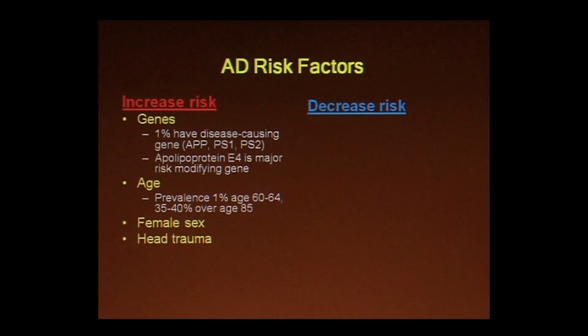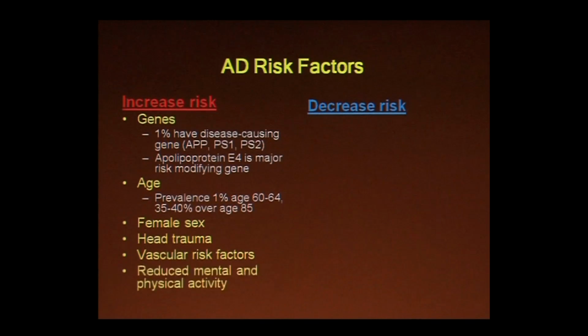Head trauma, especially repetitive, high-impact head trauma, increases the risk of the disease. And of course, there's a lot of interest in this now in professional sports and in the military. Anything that's bad for the heart is bad for the brain. So all these vascular risk factors, high blood pressure, high cholesterol, diabetes, obesity, tobacco use, all increase the risk of Alzheimer's disease. And finally, very interestingly, our level of cognitive but also physical activity throughout our lifespan can actually modify our risk of getting Alzheimer's disease in older age. So your level of physical activity and cognitive activity in the 30s and 40s can impact the risk of developing the disease 30 or 40